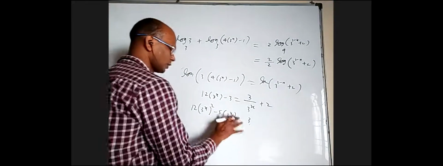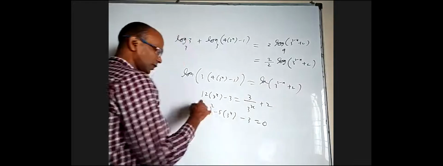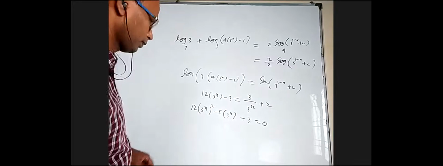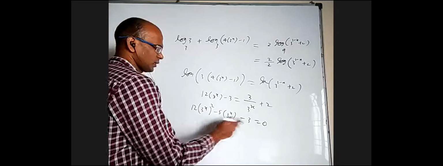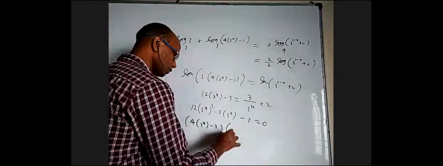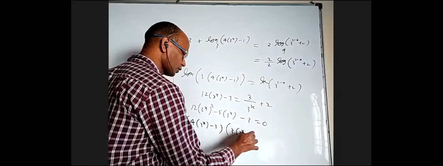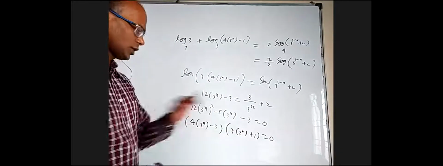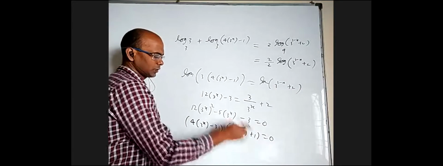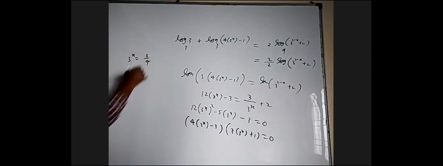This is a quadratic equation. If I bring this also this side, I can take 3 power x as t if required. Minus 36, minus 9 plus 4. So I'll get 4 into 3 power x minus 3 into 3 into 3 power x plus 1 equal to 0. 12 minus 9 plus 4, yeah, that is fine. The second factor can't be zero, because 3 power x is positive, plus 1 can't be 0. From this, I'll get 3 power x is equal to 3 by 4.